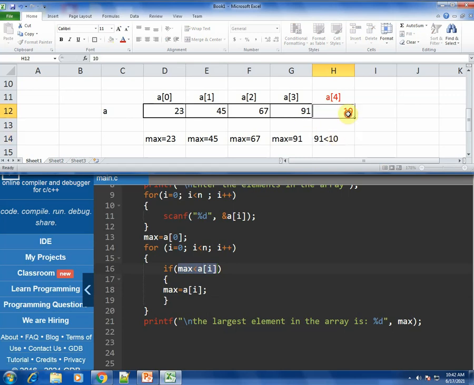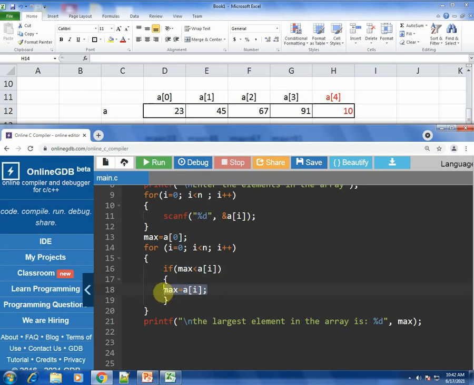In a of 4 there is 10 in the array. Is 91 less than 10? No, 91 is not less than 10. Hence this will not be executed because the if condition fails, and the body of the if statement will not be executed.